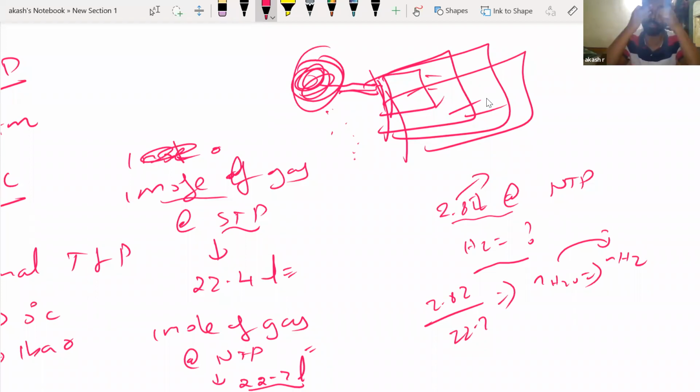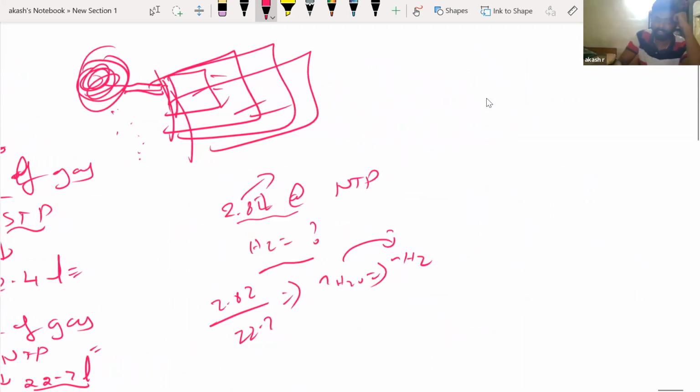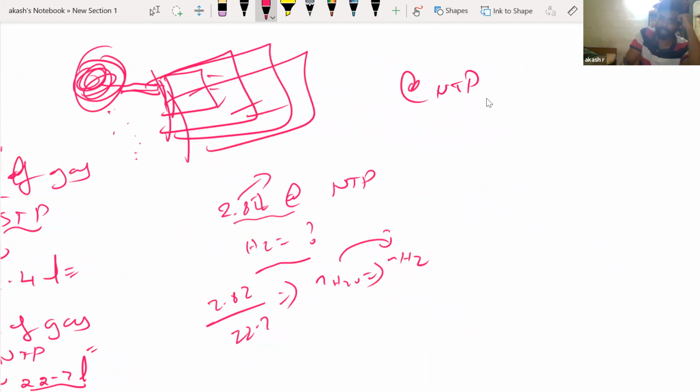So 2.82 liters of water at NTP. Now the temperature and pressure are 20 atm and 27 degrees Celsius. So in that, how much H2 can be added? See, this is what I want to know. They're telling that at NTP we can have 2.82 liters of water vapor, obviously, water in the